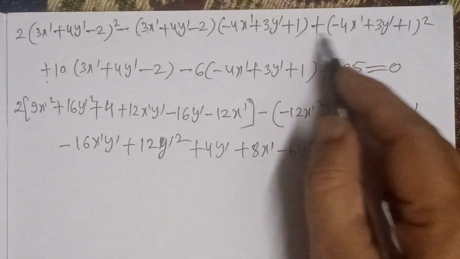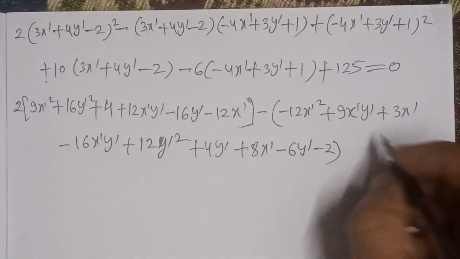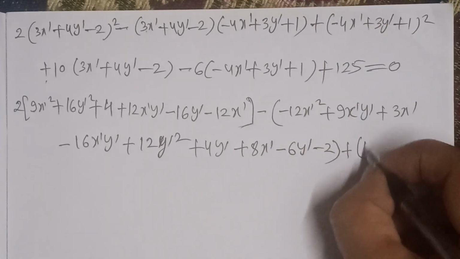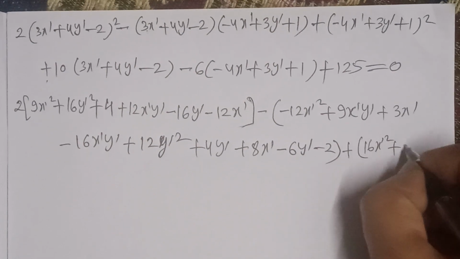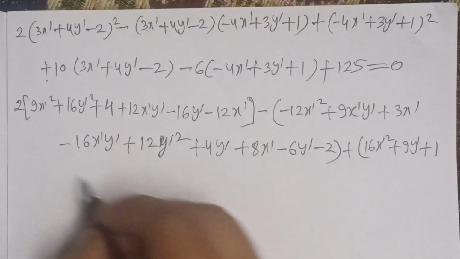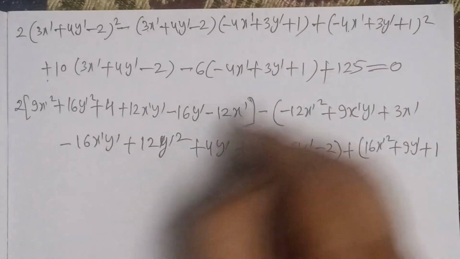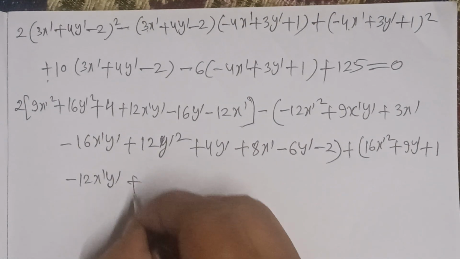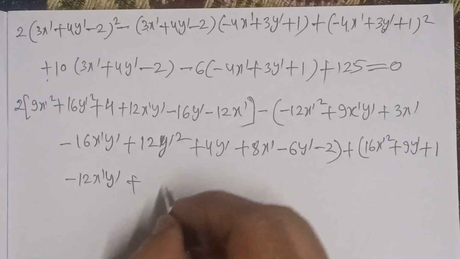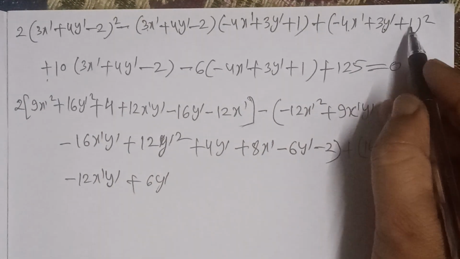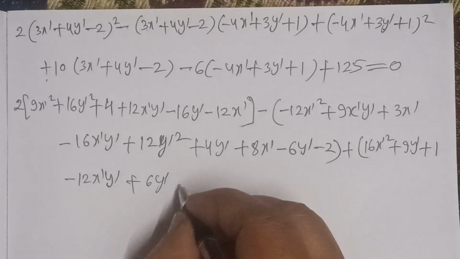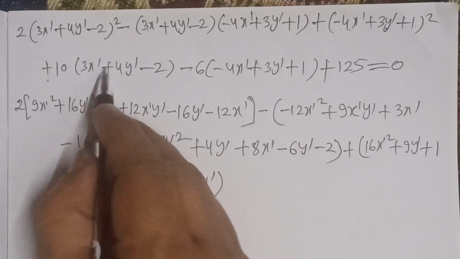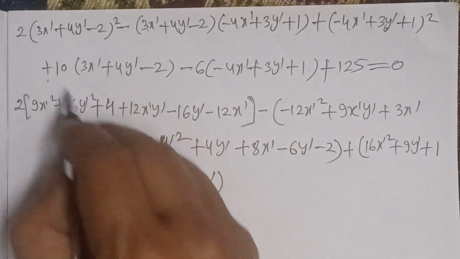Now making whole of square, first quantity is square plus second quantity is square plus third quantity plus twice of first and second, minus 12x'y', plus twice of second and third, 6y', twice of first and third, minus 8x'. Now we go to the next term. By opening this bracket, we get